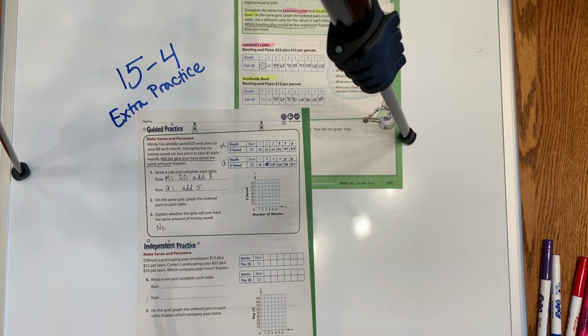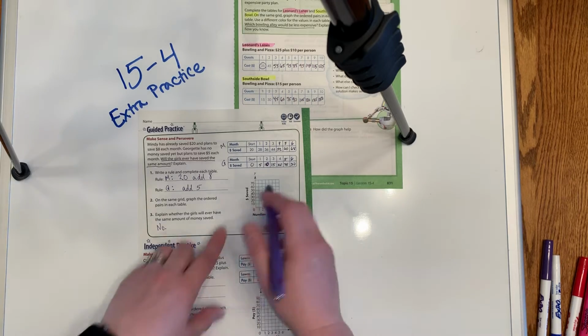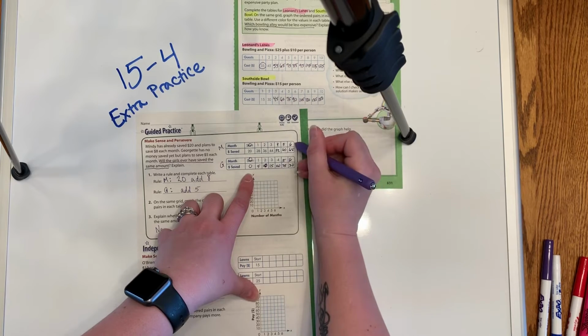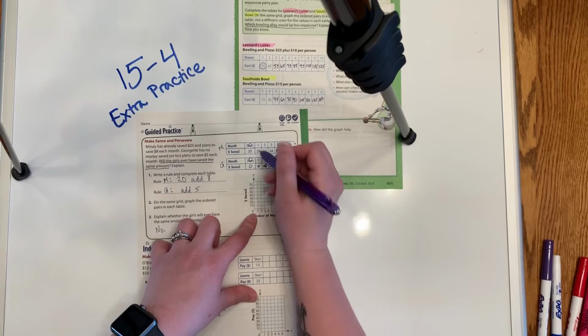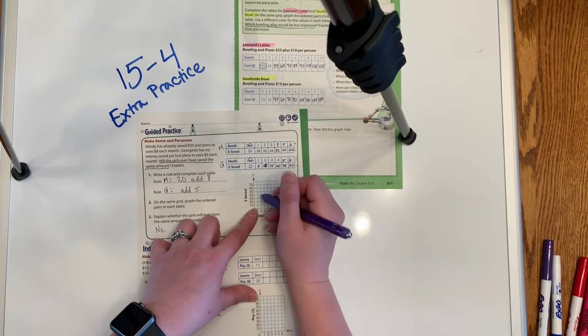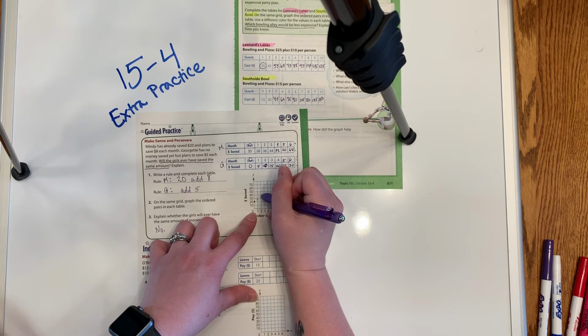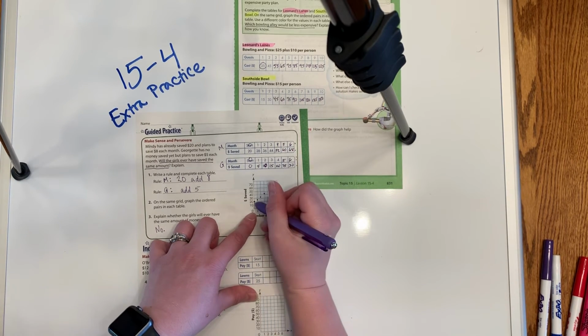And then it wants us to graph these. For the start, I'm just going to throw a 0 in here to make it a little easier to graph. We're going to make this the x-axis and the bottom the y-axis on both of them. So the first one is going to be 0, 20 for Mindy. So 0, 20. And then 1 and 28, just almost under 28, 2 and 36, 3 and 44. And I'm not actually going to graph the rest of these, but you can see that